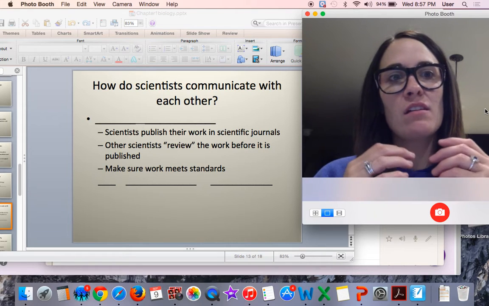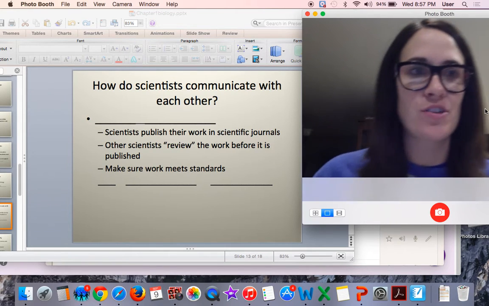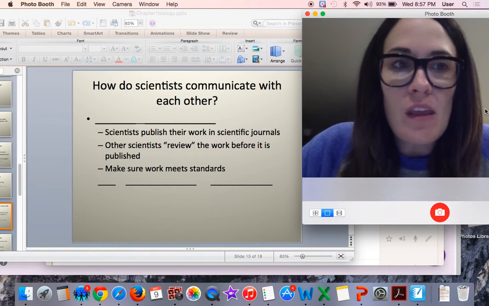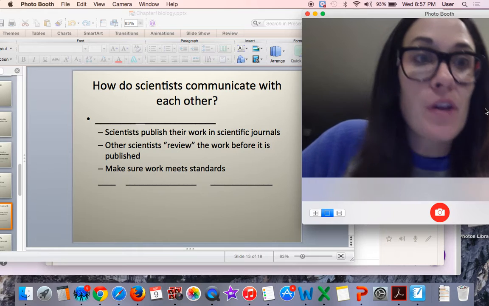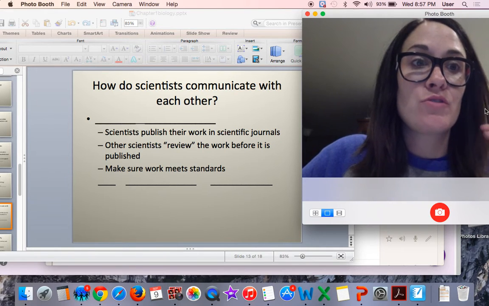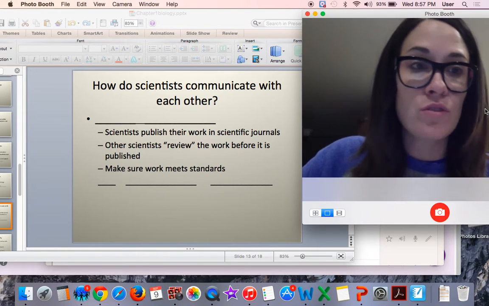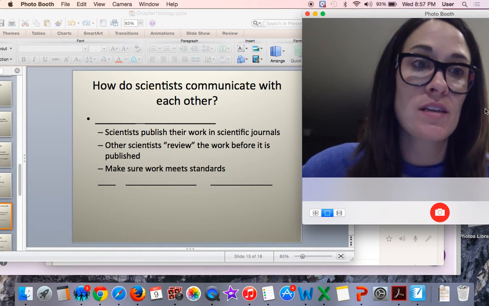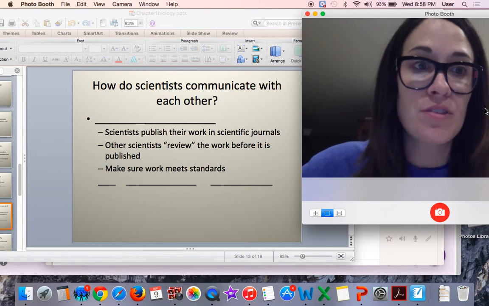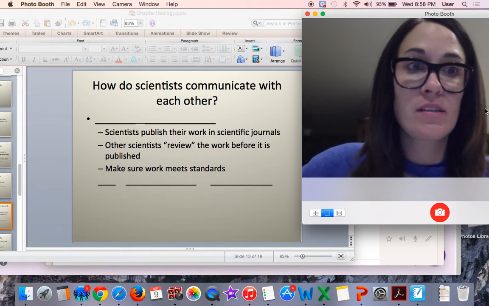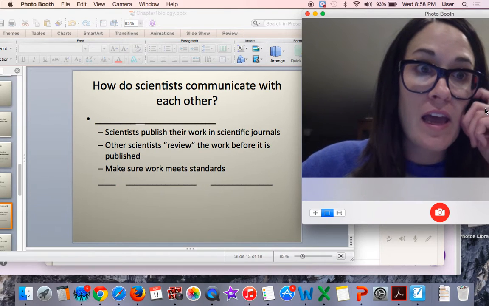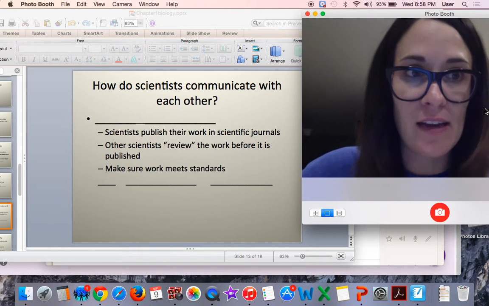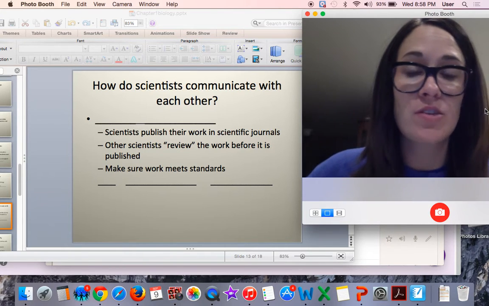But they go to search for information or to find out what other scientists are working on online, or in these what are called peer-reviewed journal articles. They'll go search and they'll find out that at the University of Minnesota in the Twin Cities, this scientist just published this article, and this is what they did, and this is what they found. And so you can find out, oh, somebody already did that. I should probably research this instead. Or they haven't done this, so maybe I should research it.